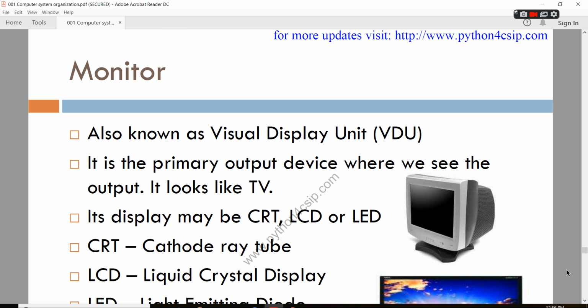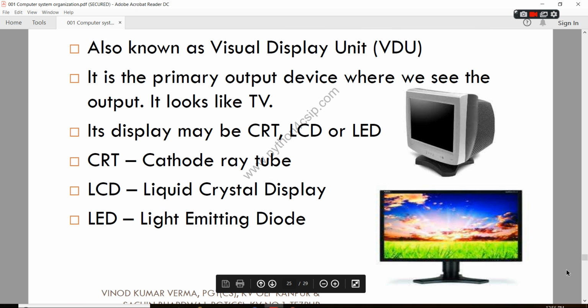It is the primary output device where you see the output, and it looks like a TV. A display may be CRT, LCD or LED. CRT means cathode ray tube, LCD means liquid crystal display, LED means light emitting diode.